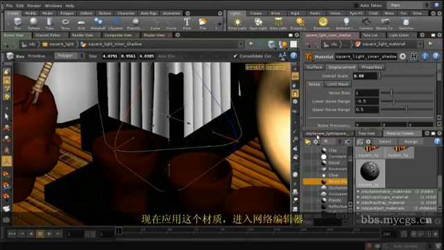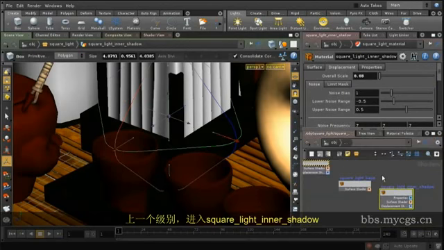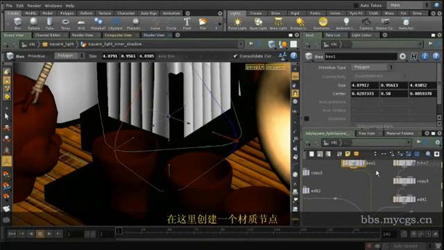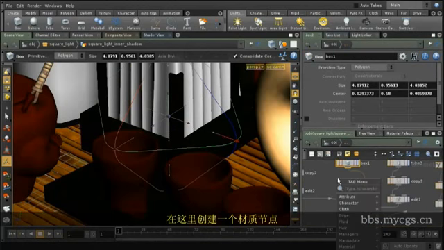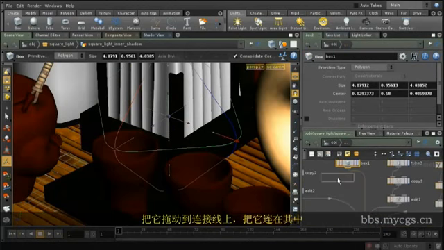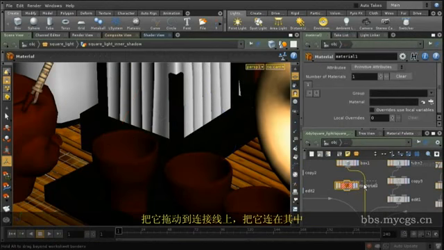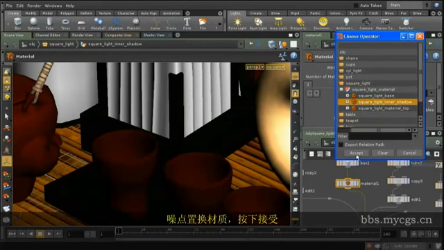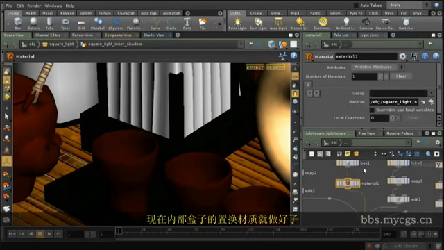I'll go back to my network editor. I'll go up, then I will go inside my square light inner shadow, and here I'll just hit tab. I'll create a material node, then I drag it over this connection here, and it will get connected. And in this material parameter, I'll just specify the material, the noise displacement material, which is this one, and I'll hit accept. Now the displacements for this inner box are done, and it will give me cool shadows on the